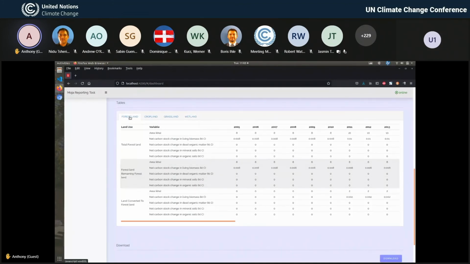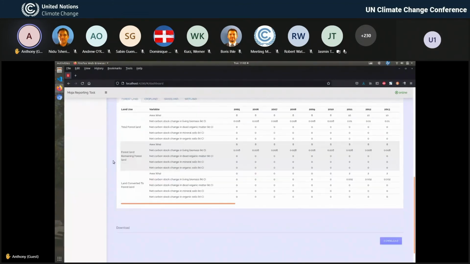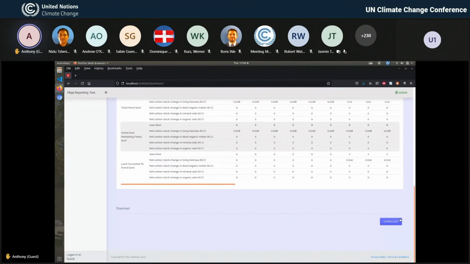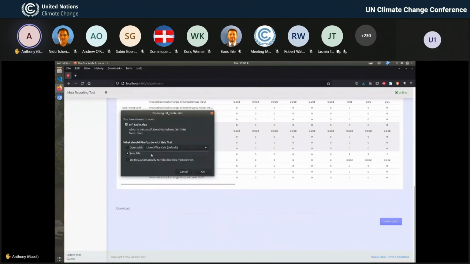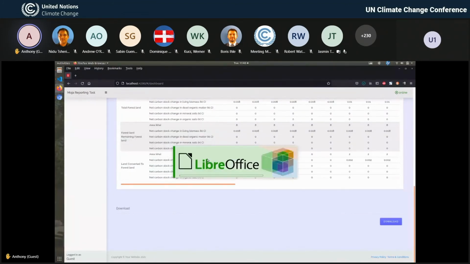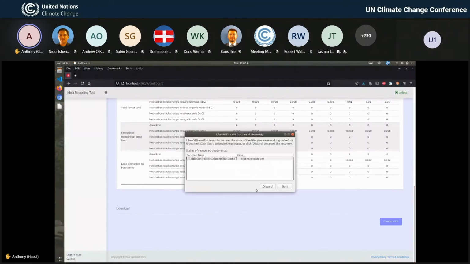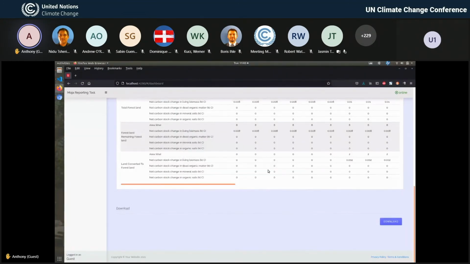And then you have this at the end of the day. You can download this if you want it for offline purposes, where you can choose to save it or open it there. So this is an example of how you can have it for offline examining and further reporting.